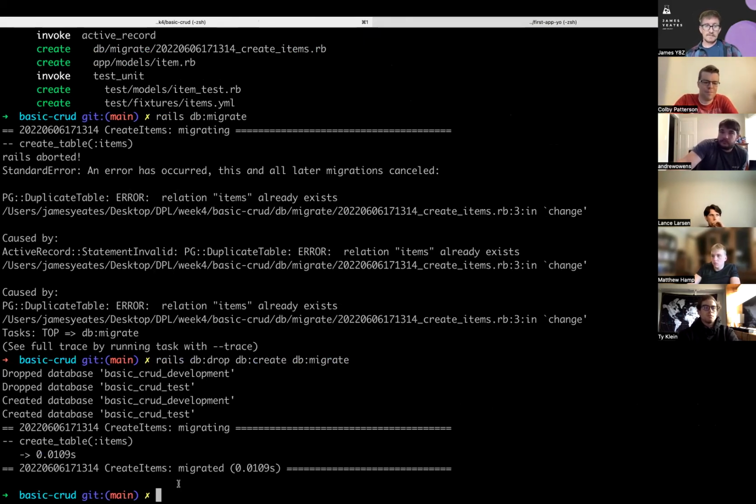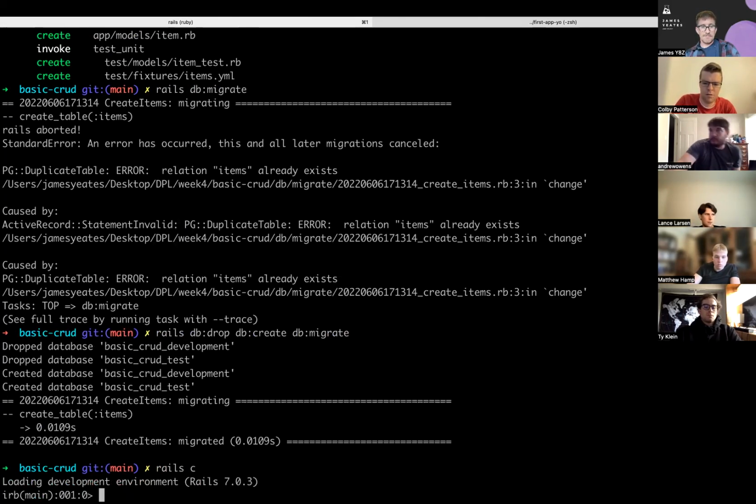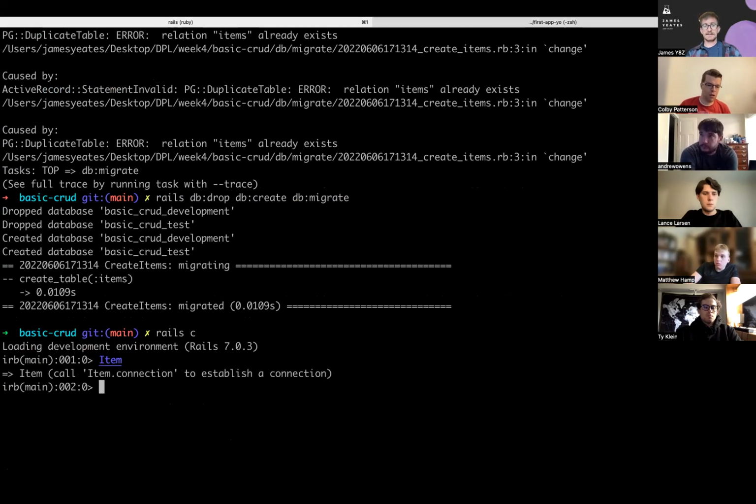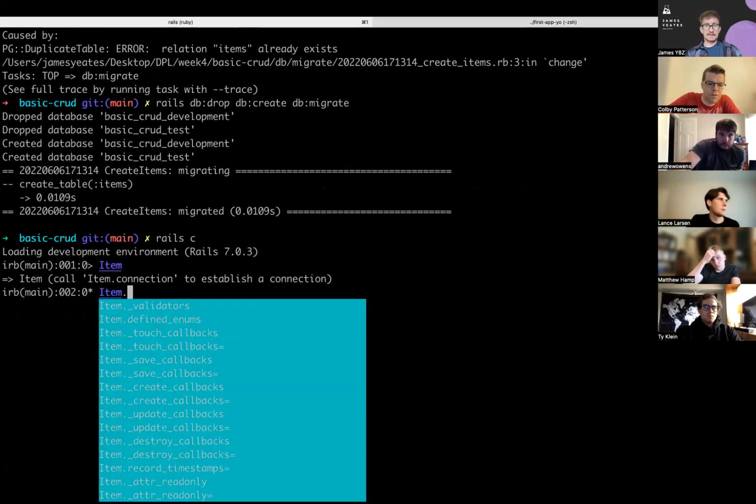There's my model. So with my model, I could do a rails c. Rails c pulls up a Ruby console, but it also puts you in the context of your Rails project. So I have item defined. That is my item model. See how it has a capital I? So I can do item dot